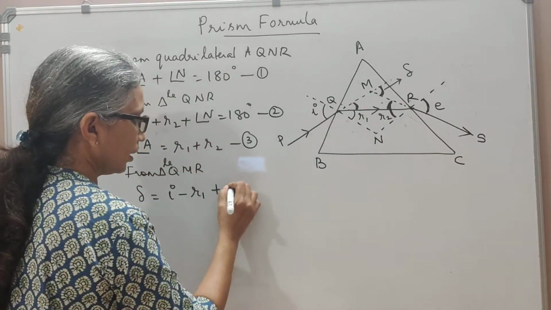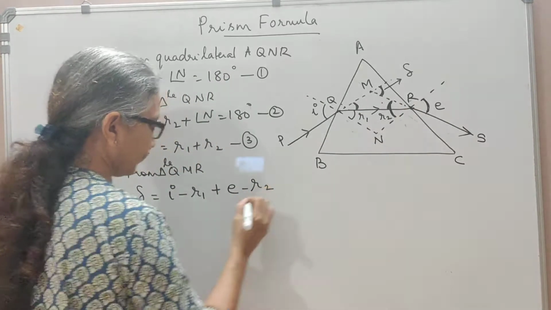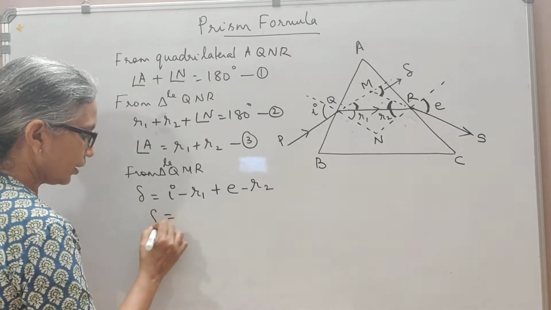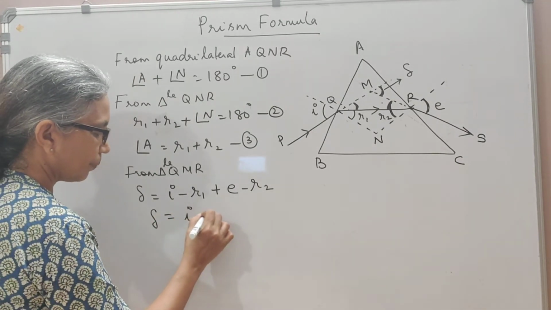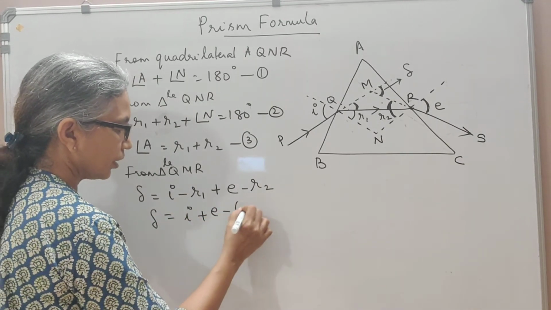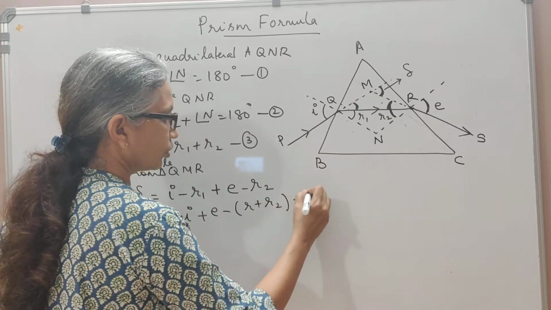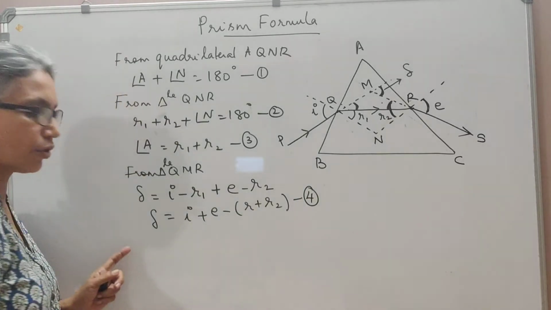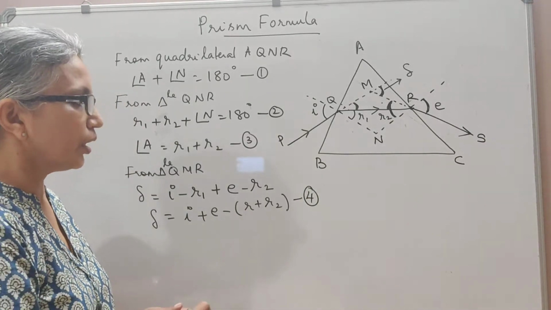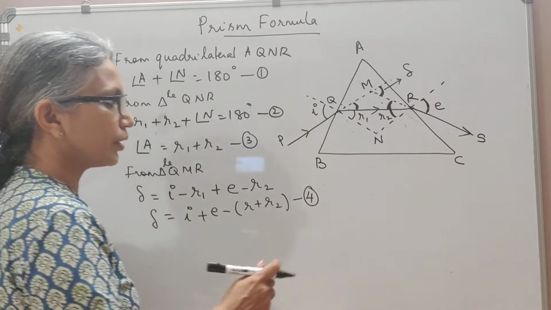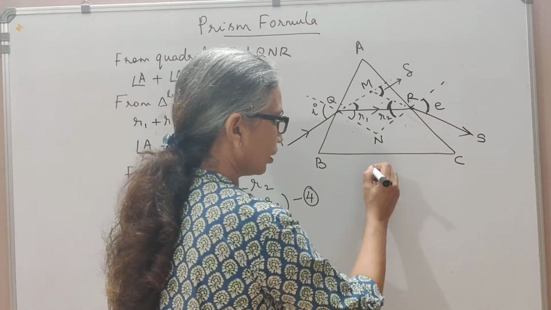So I may write E minus R2, or I may combine this and write I plus E minus R1 plus R2 as my fourth equation. Now we have got the four equations. Now here you will see that if you are going to draw a graph